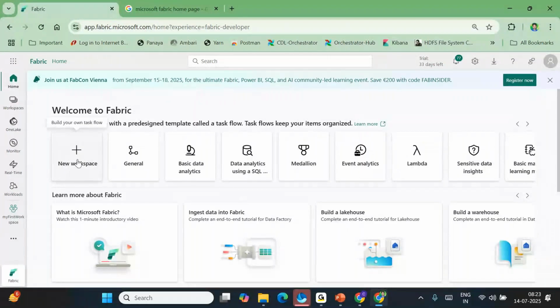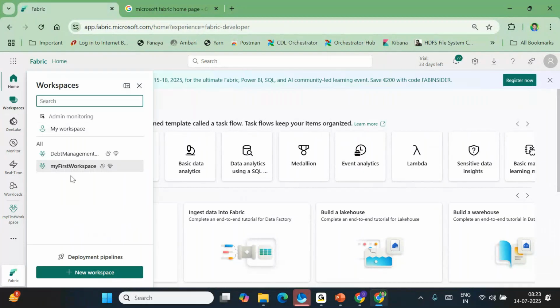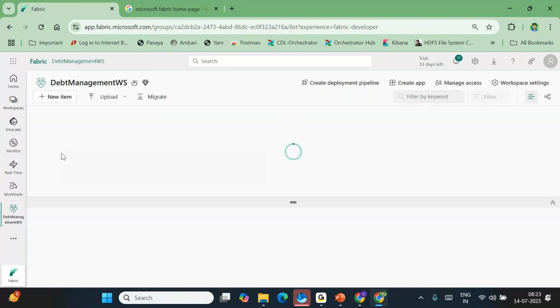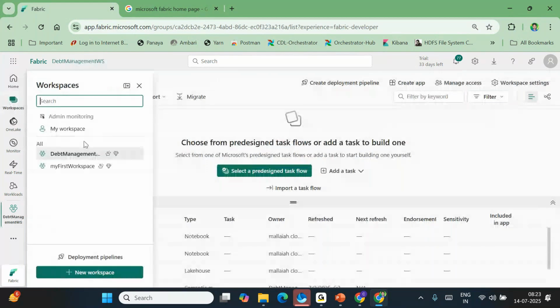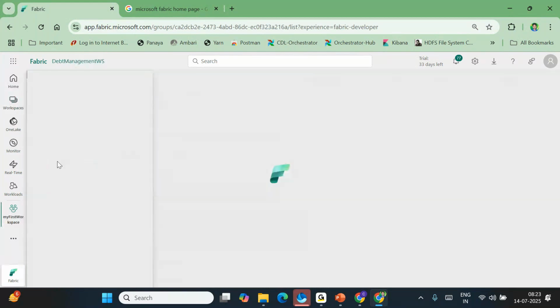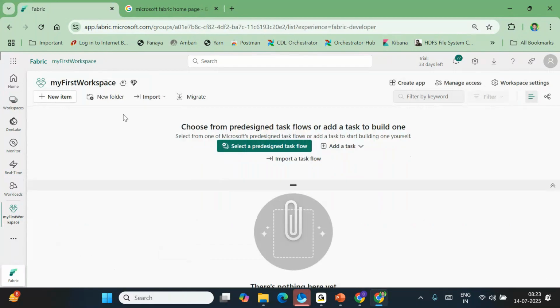Not only from here, you can click on workspace to create a new workspace. There are multiple workspaces I have, like debt management and my first workspace. If you want to switch to another workspace, you can simply click on that. That's how I can switch the workspaces.